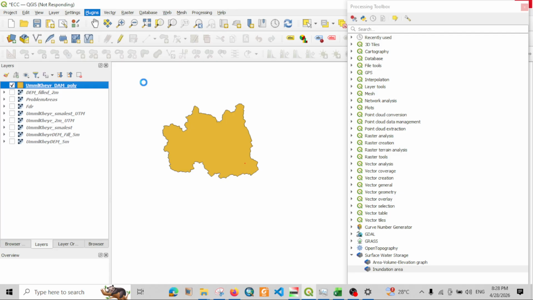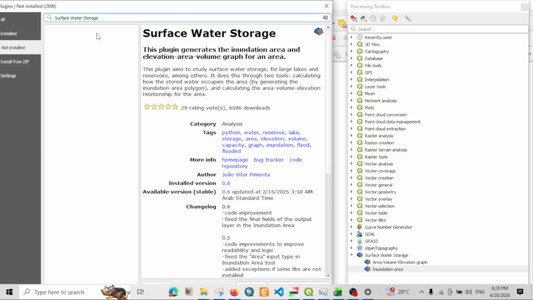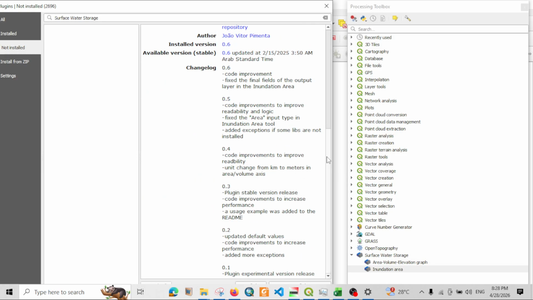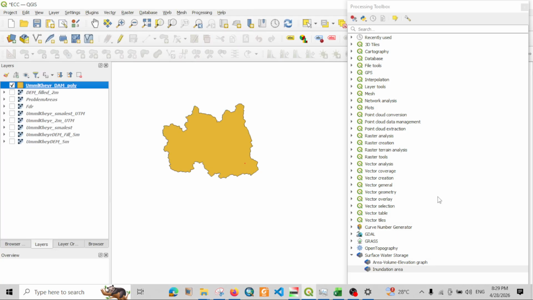and come to this plugin and search for the surface water storage. We search for surface water storage. Here is the one, surface water storage. Actually, I have already installed the plugin. For you, you may need to install this plugin. I already installed, checked. Then we come to